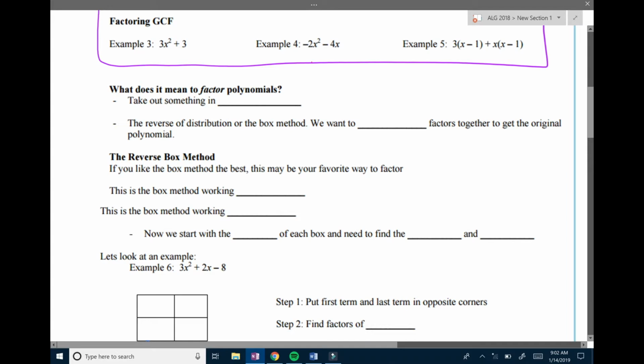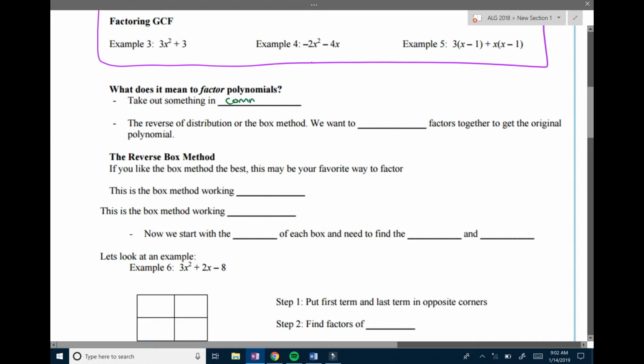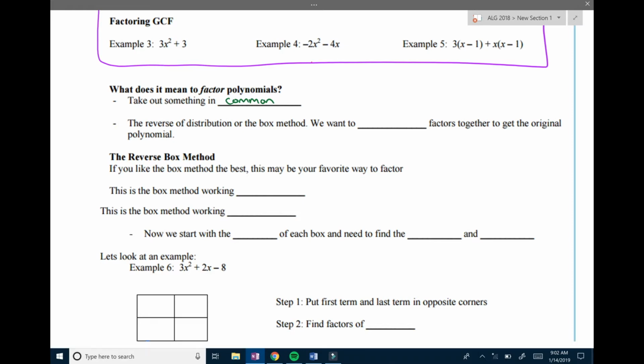Okay. So when we're factoring, we're taking something out. We're taking either a number out that is in common, so take out something in common with one another. Okay, so you're going to take out either a number that's in common with something. Factor out just means you're taking something out that's in common. Okay,